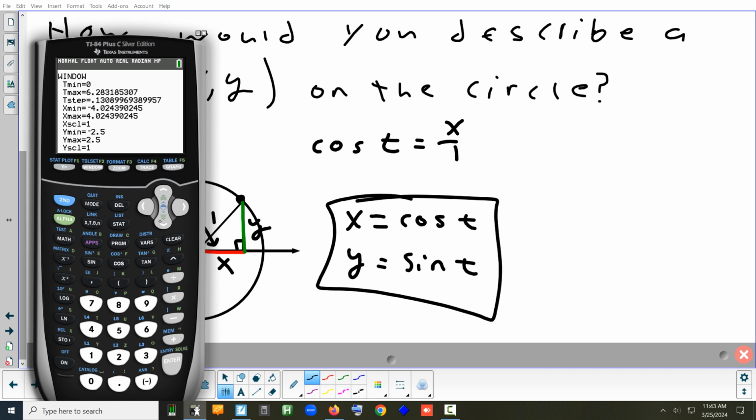And what's going to happen if I step in increments of pi over 2? It's going to turn into like a square. Yeah, because you're going to get 0, 90, 180, 270, 360. You're going to get 5 points. It's going to look more like a diamond. Okay? It should be a circle, but you didn't plot enough points to see a circle. So when you go to 6.28, if you step in increments of 100th, well, that's way too much. If you step in increments of 1/10,